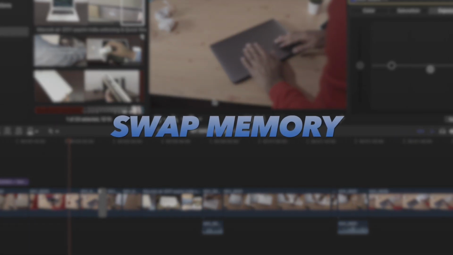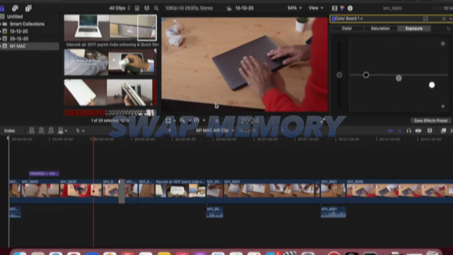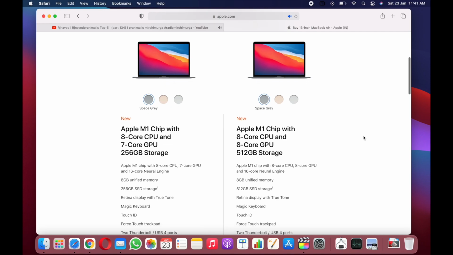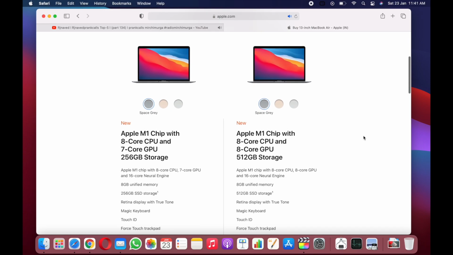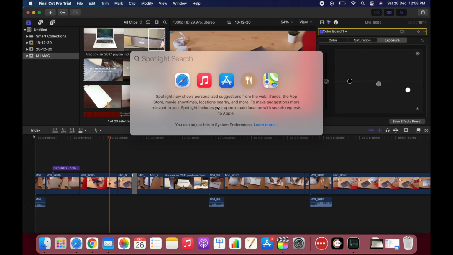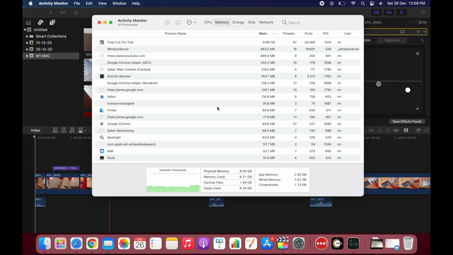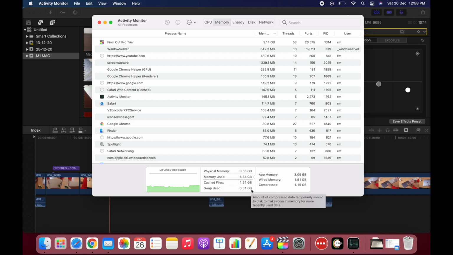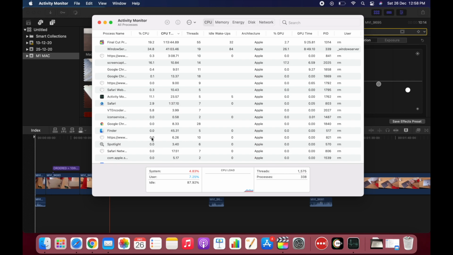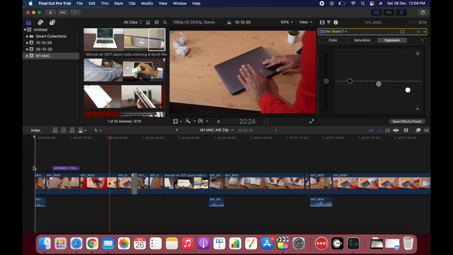So let's start with the swap memory, because a lot of people look to buy the base model for its value for money and are a little confused about the swap memory and its long-term effect on the SSD. In this instance, while I was editing in Final Cut, you can see the swap memory easily goes around 6 GB. Personally, I'm not bothered much, but if you are and planning to do heavy workload like 4K editing